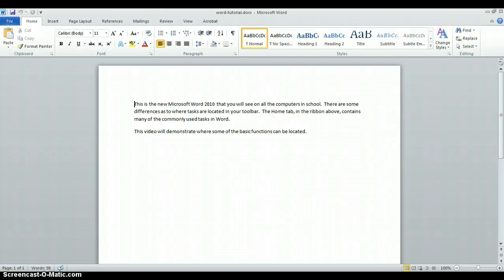Microsoft Word 2010 looks considerably different from Microsoft Word 2003. If you bought a new computer within the last few years, this probably will not look all that unfamiliar because 2007 and 2010 are fairly similar. You're going to notice when you first open up Microsoft Word that the tasks bar at the top looks very different. Microsoft has renamed this section up here the ribbon,